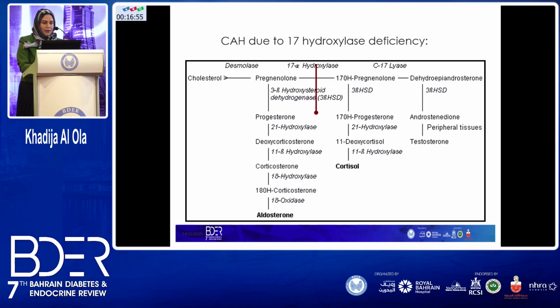So this one also, the aldosterone pathway will be complete and all will go to the aldosterone pathway. So we will have high aldosterone, hypertension, hypernatremia, low cortisol and low androgen. Low androgen, or low testosterone, will give us undervirilized male and normal female genitalia. So now we have two causes of hypertension,